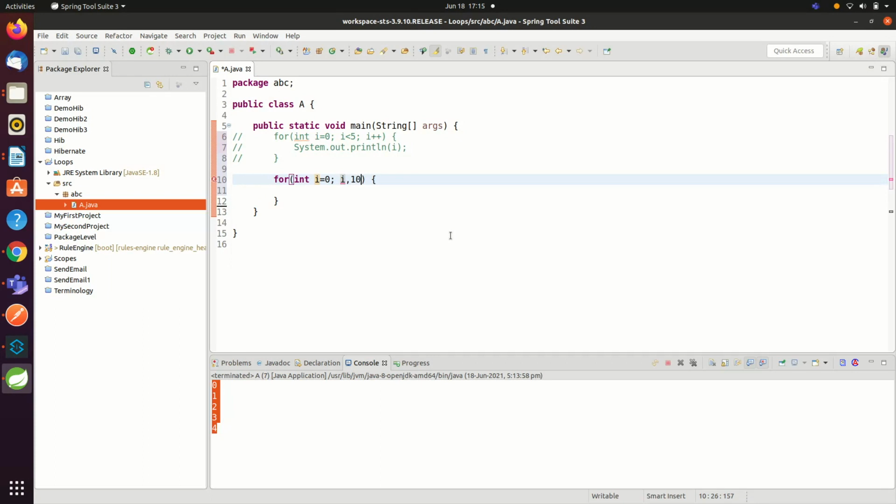Now what it tells us is that the value of i will go maximum to less than 10. I mean, we want to print even numbers between 0 to 10. So i is less than or equal to 10, then we will increment the value, i equal to i plus 2.